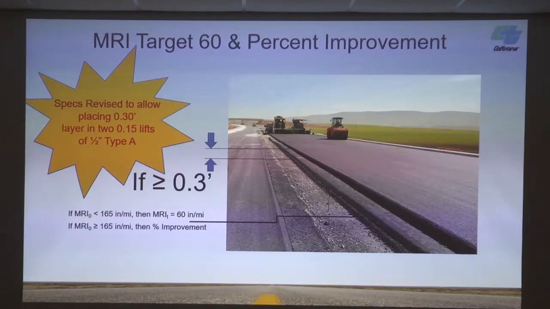Okay, so we covered everything for the layers less than 3/10. Now we're going to go to the thicker lifts, basically lifts that are 3/10 or greater. We can always pretty much break these up into 2 lifts. Here's the spec, just a starburst reminding you that at 3/10, the contractor can break a 3/10 lift of 3/4 inch type A into 2 lifts of 1500ths.